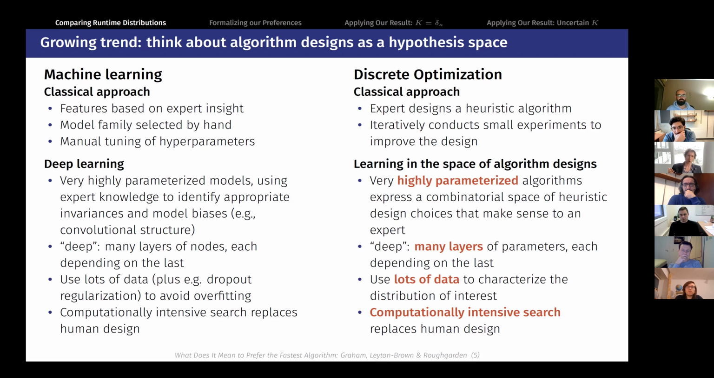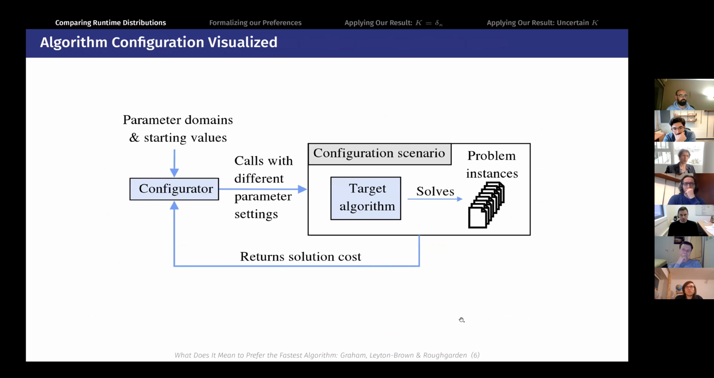So we have lots of data to characterize the distribution that we want good performance on. And we just brute force the search over algorithm designs rather than using some kind of deep human insight into how each respective algorithm in the design space performs. So far, so good. There's more than one kind of paradigm for this learning in the space of algorithm designs,